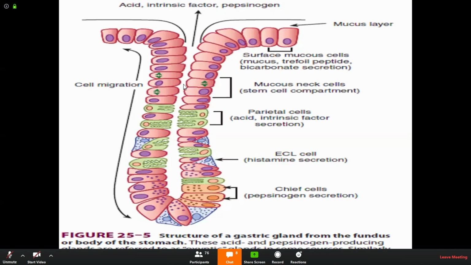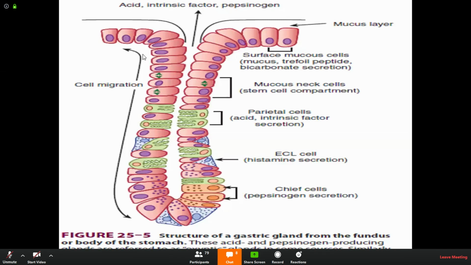The HCl that is secreted enters into the canaliculi. Okay, this is the canaliculi, and the hydrogen ion and chloride ion are secreted separately. In the canaliculi there is the formation of HCl. Directly HCl is not secreted from the parietal cell. The hydrogen is secreted first, then chloride is also secreted, then in the canaliculi, the hydrogen